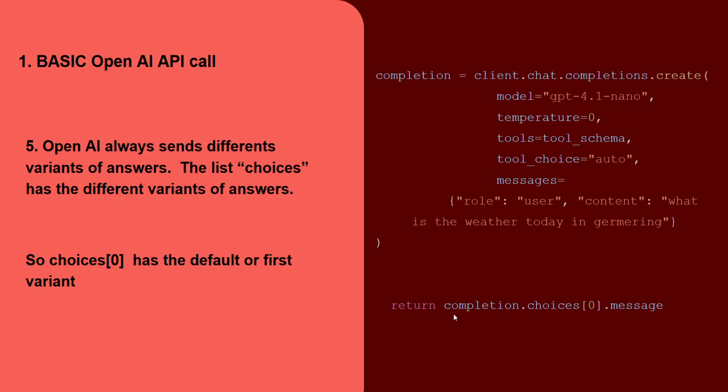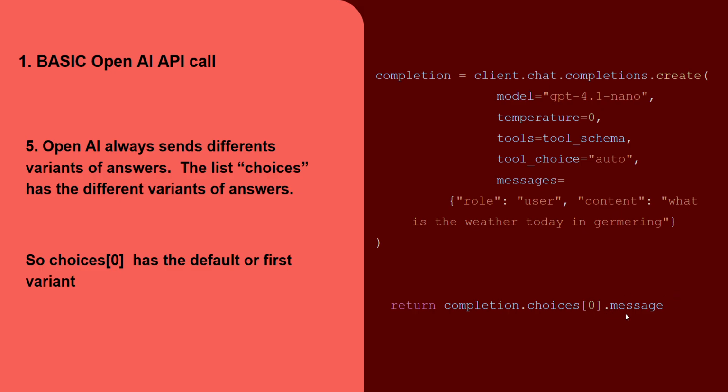Okay, so now we have to understand what we have here within completion. What every LLM is designed to do is give multiple variants of the answer. So it doesn't respond with only one answer. Now, these multiple variants of responses are hidden within this dot choices index. So dot choices is an array, and you can access these different answer types within these indexes. But since we are not bothered about these other variants, we are just bothered about the default answer that it gives. So what we will do is access this entire response using the index 0, and we will